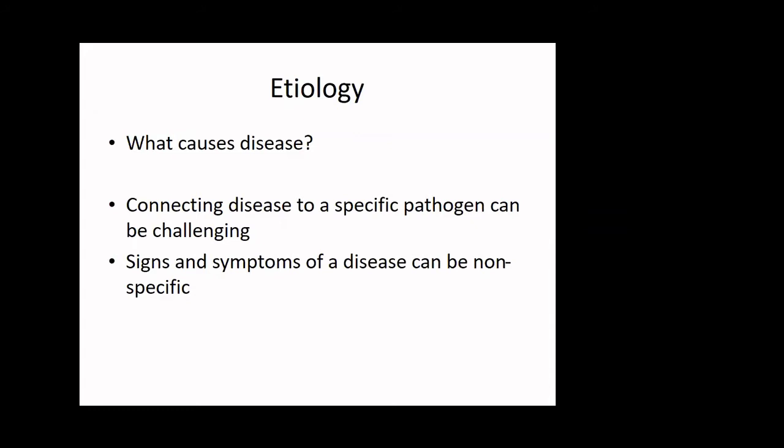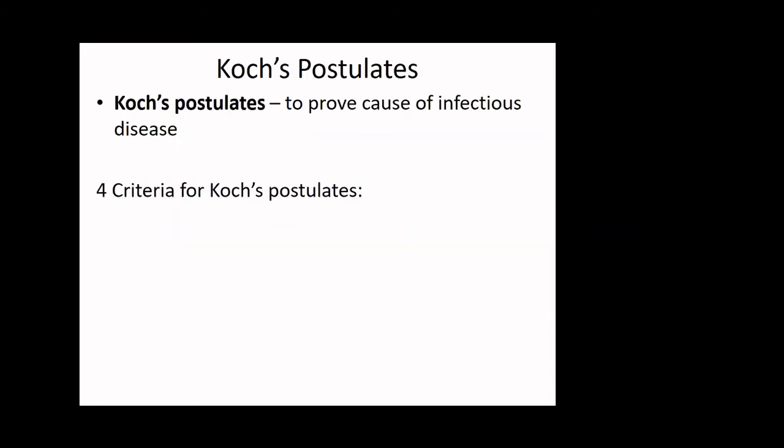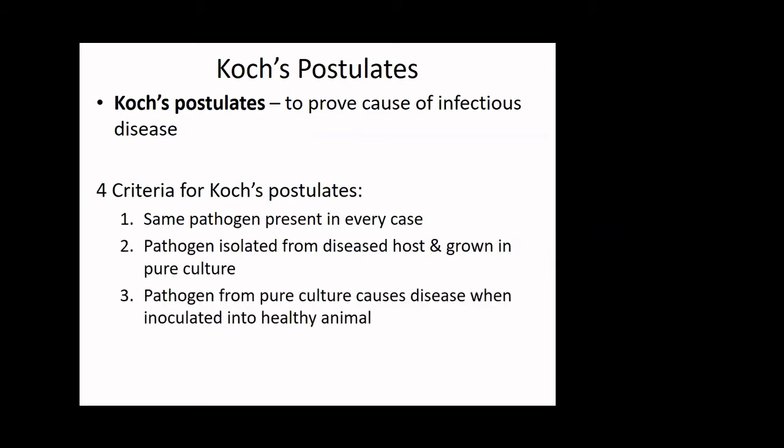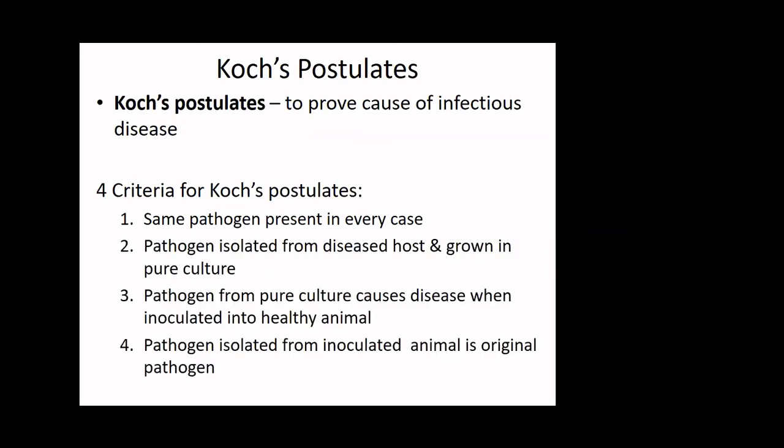So etiology of disease, what causes disease? A lot of times this can be really challenging to figure out. Sometimes the signs and symptoms are non-specific, right? Sometimes we can nail the cause of a disease to a particular pathogen. There's a very famous scientist a couple hundred years ago named Koch who came up with 4 postulates to prove the cause of an infectious disease. His postulates are: it's the same pathogen present in every case,